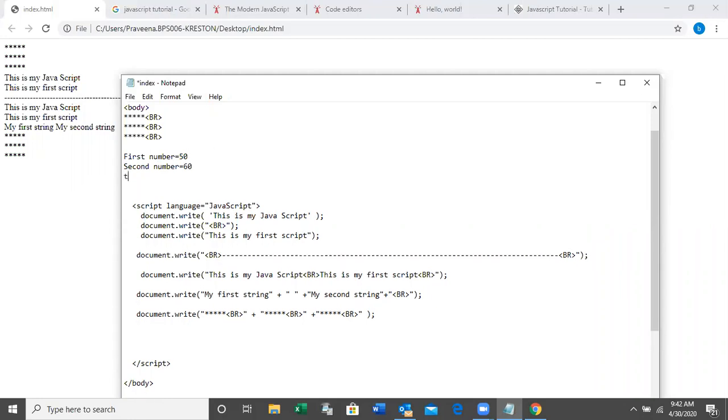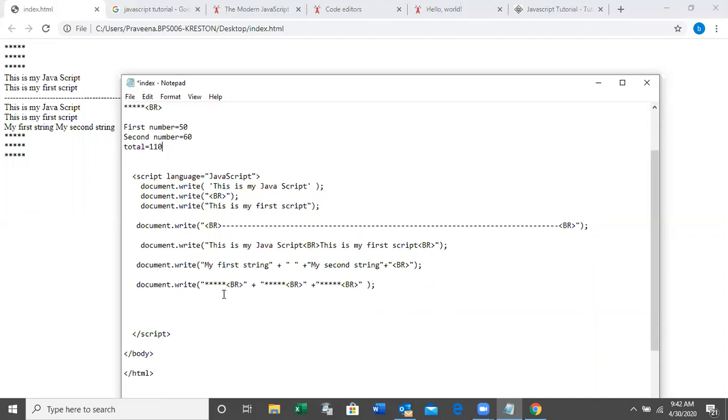Total is equal 110, no? I'm not going to calculate anything here for now. I just want to display like this, right? Later I will teach you how to do the calculations using JavaScript, right?